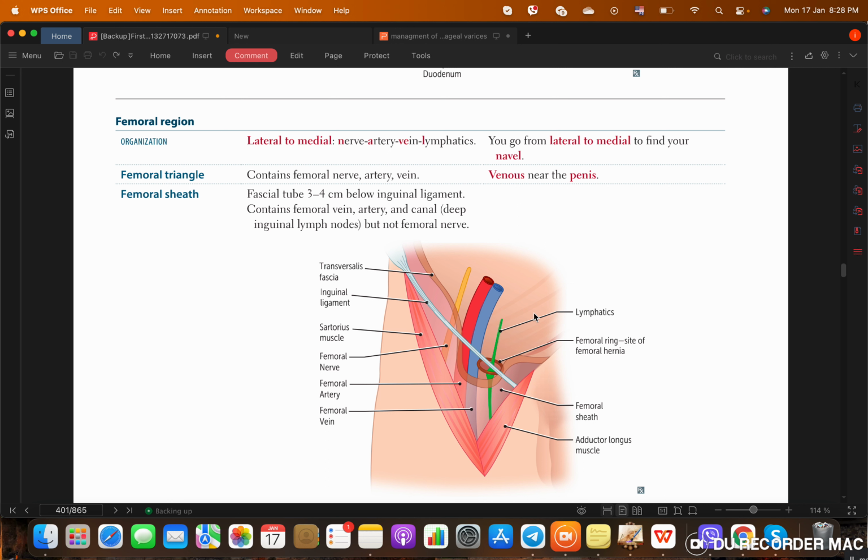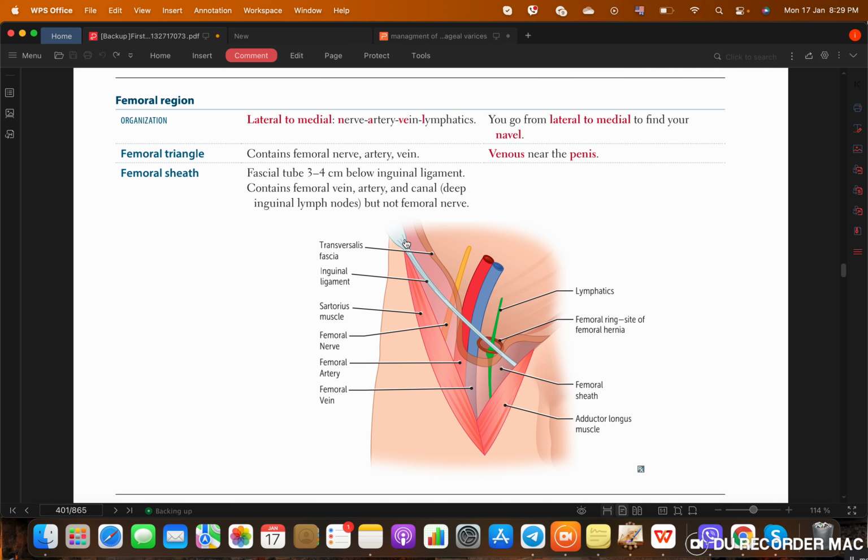So the femoral triangle contains the nerve, artery, and vein. So you are like, wait a second, what is this triangle? Well, the area under the transversalis fascia is subdivided into the following: a femoral triangle and a femoral sheath. So the femoral triangle contains all of these three guys, the three most lateral structures, okay? But the femoral sheath, this one,